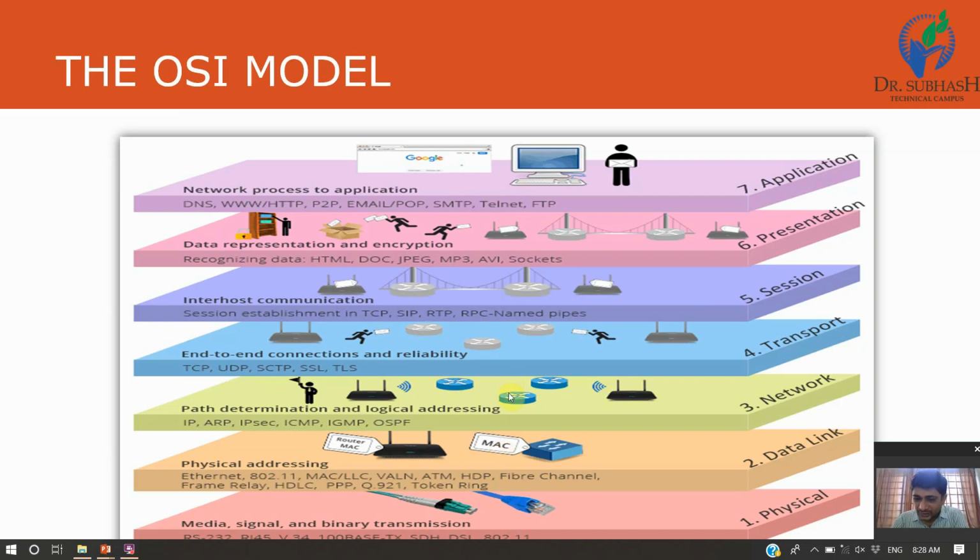From the top, the next layer is the network layer. Path determination and logical address identification. How can you recognize the address where you want to pass your data? In the postal mechanism, if you have not written a proper postal address, you cannot send your envelope to your friend.